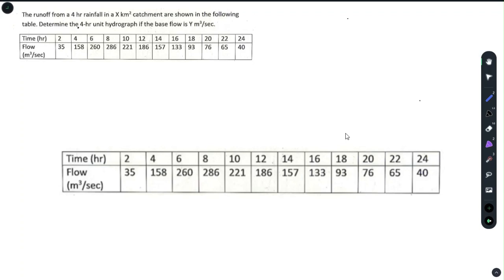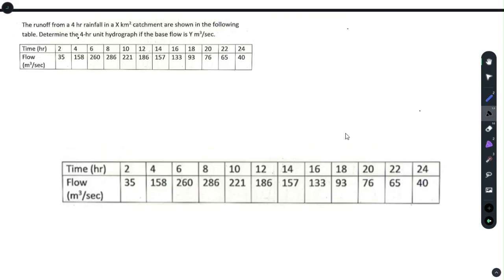You have some data. The rainfall event occurred for 4 hours, and the catchment area is given as x. Let's assume that the catchment area x is 100 square kilometer, and the base flow y is given as 11.4 meter cube per second. If all these things are known, to draw a unit hydrograph or to find out the ordinates of unit hydrograph,